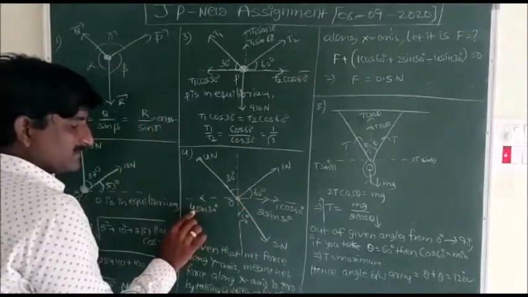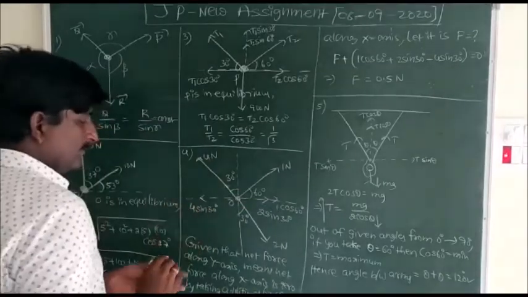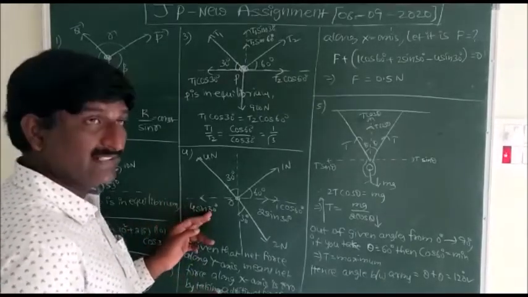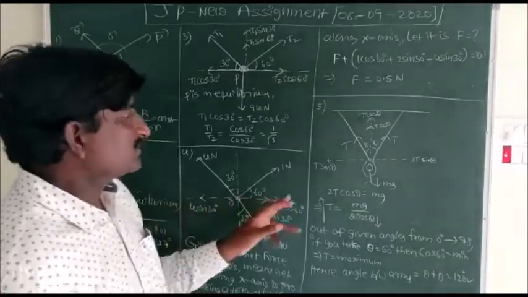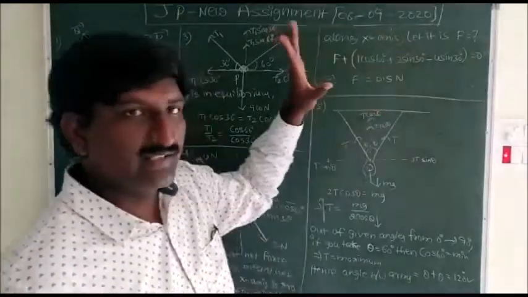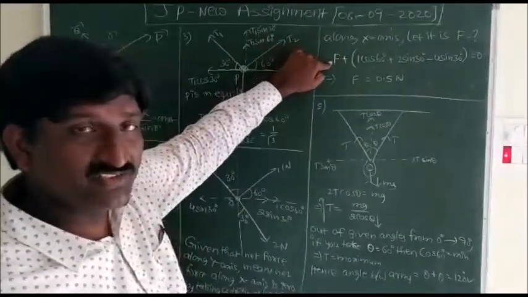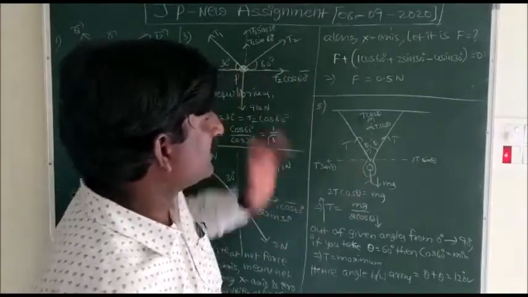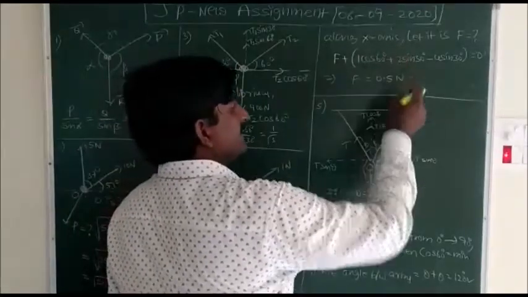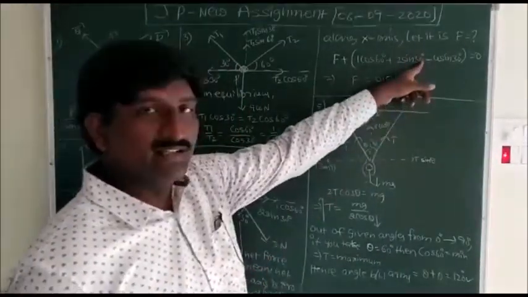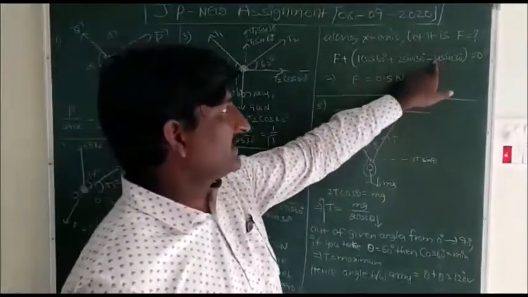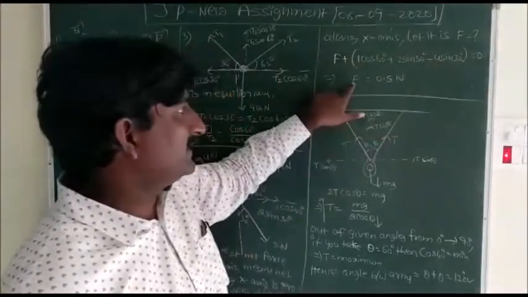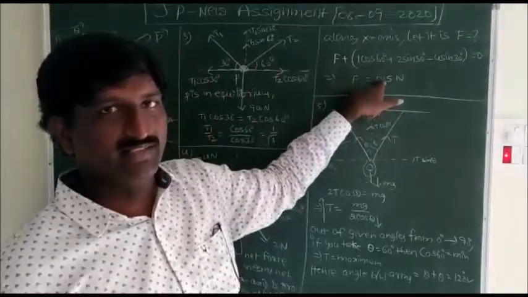Along the negative x-axis, the component of 4 Newton is minus 4 sin 30 degree, because it is along the negative x-axis. So 4 sin 30 degree along the negative x-axis. Clearly, I am writing the total force along the x-axis. The additional force is assumed along the x-axis: F plus 1 cos 60 degree, plus 2 sin 30 degree along the x-axis, and the opposite component is subtracted, minus 4 sin 30 degree. The total force magnitude is equated to 0. Then you will get F as 0.5 Newtons clearly.